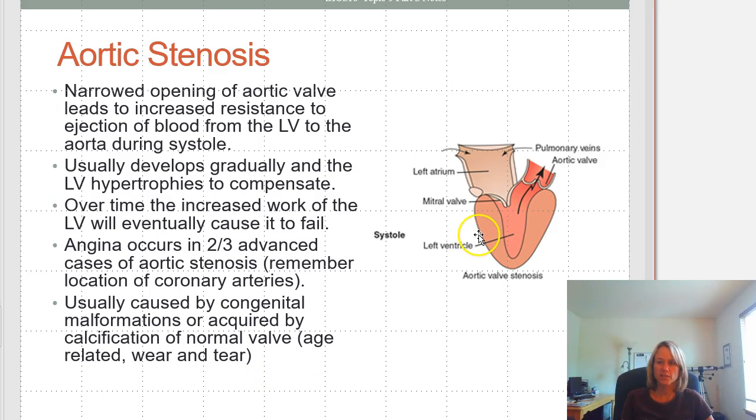Okay, aortic stenosis is when we have narrowing of the aortic valve, and that's going to make it a lot harder to pump blood out of the left ventricle during ventricular systole. It develops gradually, and over time the left ventricle can tend to hypertrophy in order to compensate. But over time, that increased work of the heart can eventually cause it to fail. This is usually caused by congenital malformations, or the acquired case is normal wear and tear and calcification of the